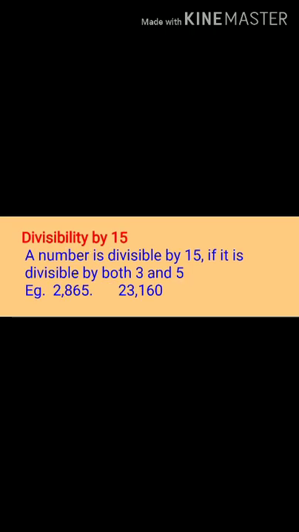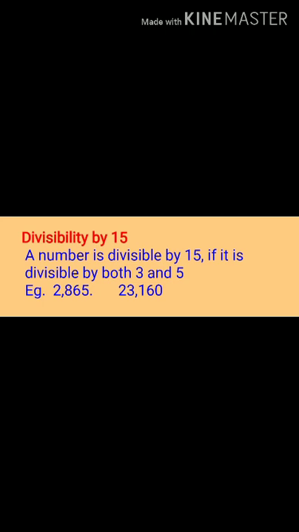The next one is 15. A number is divisible by 15 if it is divisible by both 3 and 5. Okay, a number is divisible by 15 if it is divisible by both 3 and 5. Example,